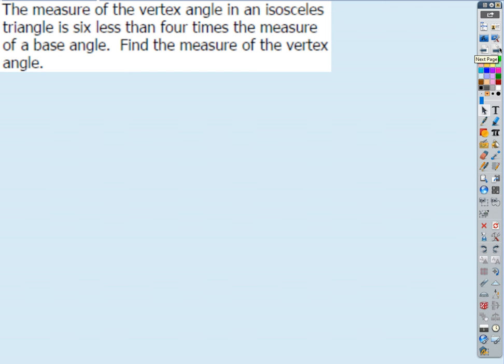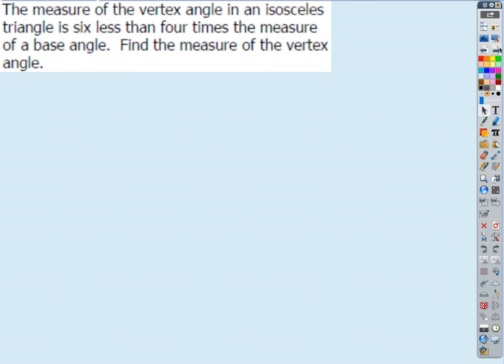Okay, last one. Let's just set this up. We won't even do it, but I just want to point out that sometimes there are implied relationships here. So it says the measure of the vertex angle in an isosceles triangle. Let's go back to geometry real quick. What's the definition of an isosceles triangle? Say it again. 2 angles are congruent, and that's kind of a secondary thing, but the definition is the triangle has two